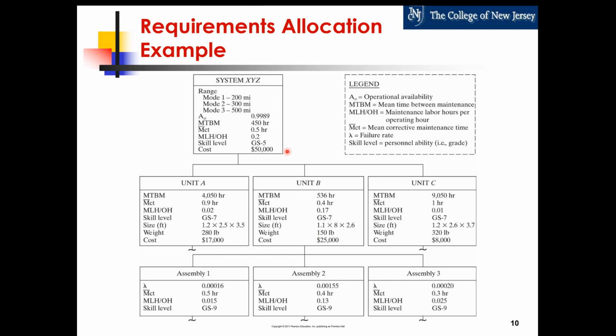Noticing that, the idea of this course is not to go into the quantitative aspects of reliability analysis, but I will tell you, for example, that if the overall system has this type of availability or reliability level, then each unit has to have a much higher or better reliability and availability level than the overall system, because if one of these fails, then the whole system fails. So when you aggregate it through reliability statistic analysis, which again is not the subject of this course because it's not quantitative in nature,